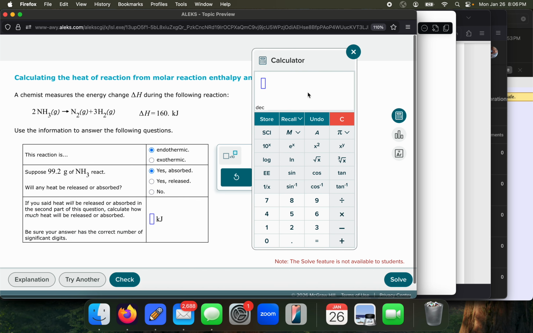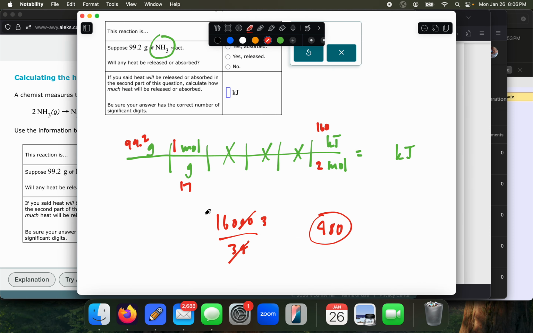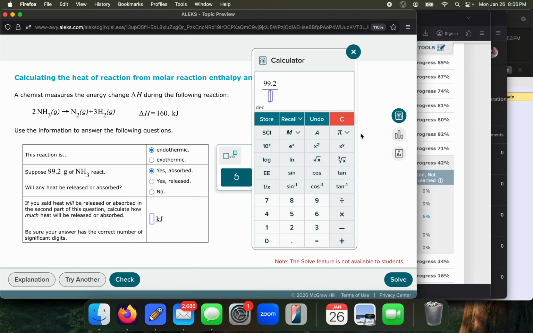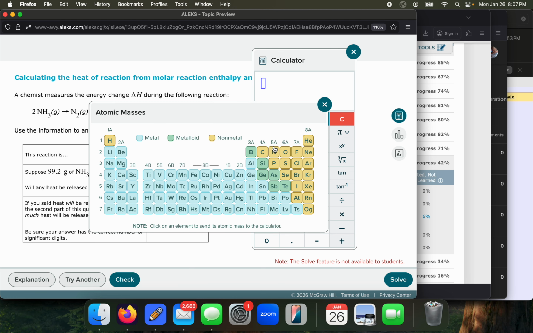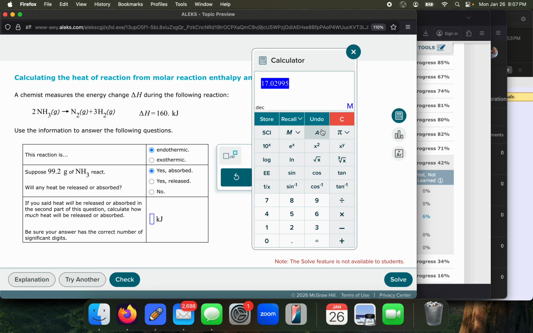Calculator says 99.2 divided by 17. Oh no, it wasn't 17. It was the molar mass. Let's do this whole thing. The molar mass is nitrogen plus 3 times hydrogen equals about 17. Got it. Store. Okay. Clear. Now let's go back to 99.2 divided by, recall, 17